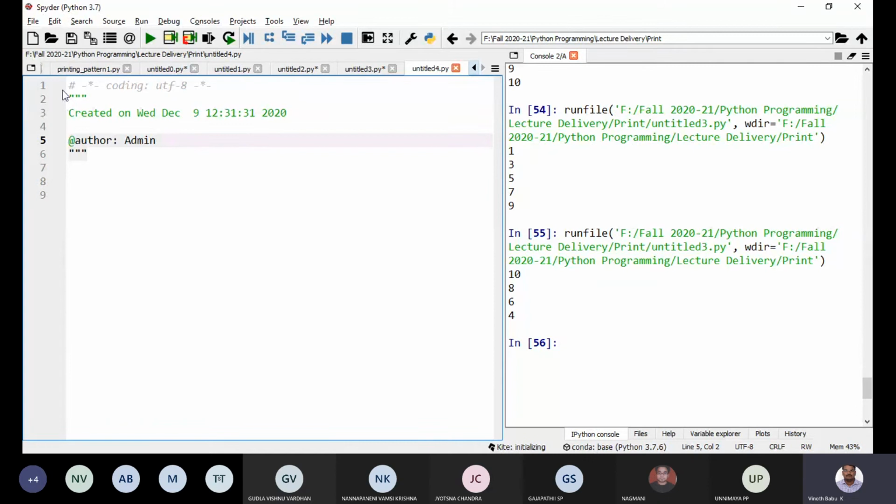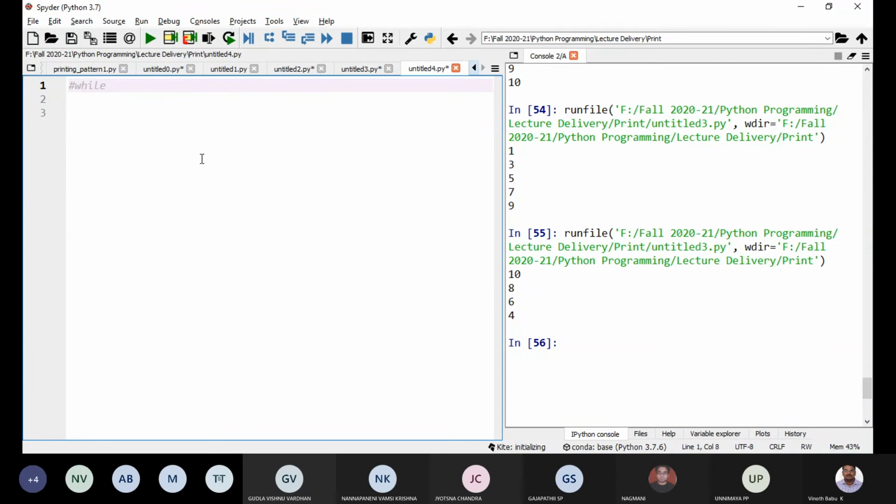Next one is the while loop. Always understand that if you want to use a while loop, you need three things.